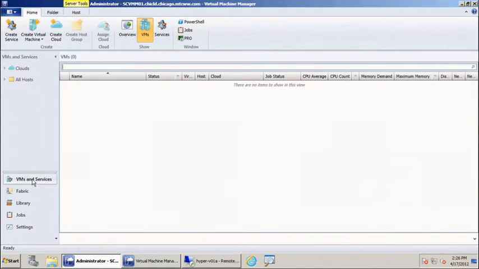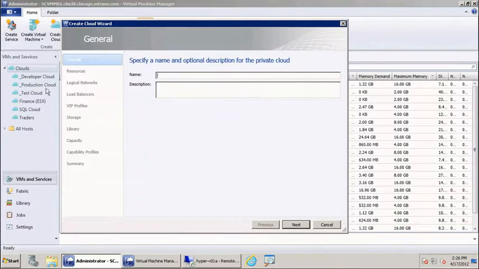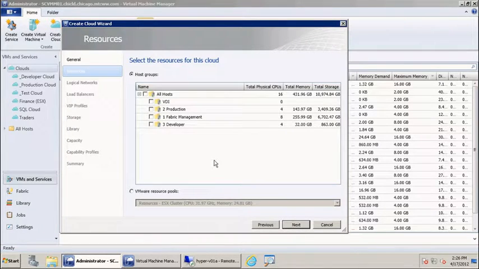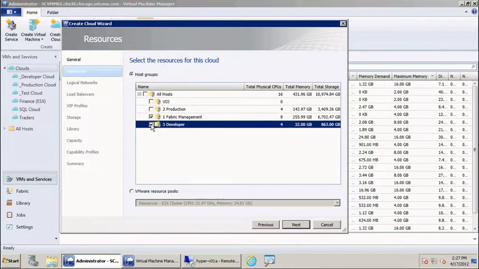So first what we're going to do is show you real quick how to create a cloud. So we're going to call this cloud MMS Lovers. So I have a cloud dedicated to you guys. All right. Here I can select what resources are allocated to this cloud. So we're going to assign maybe my fabric management, or I can also assign my developers